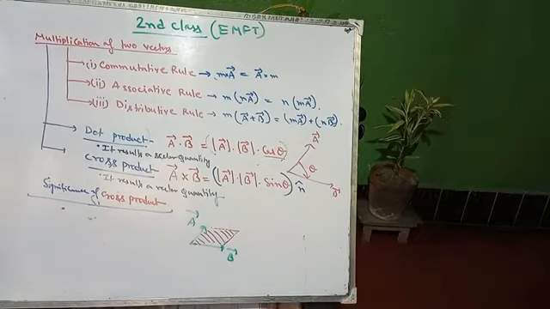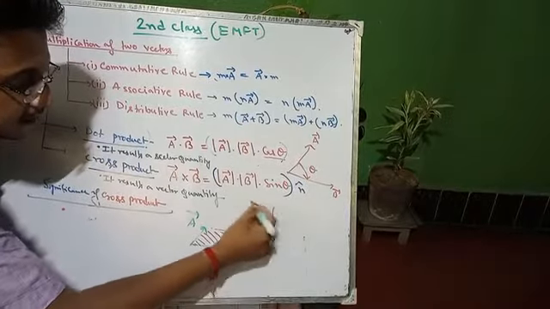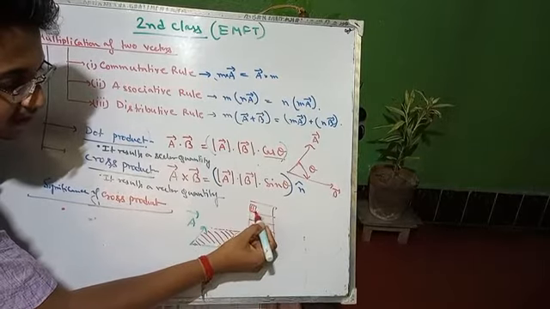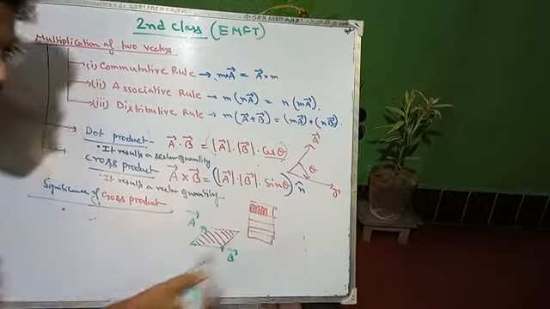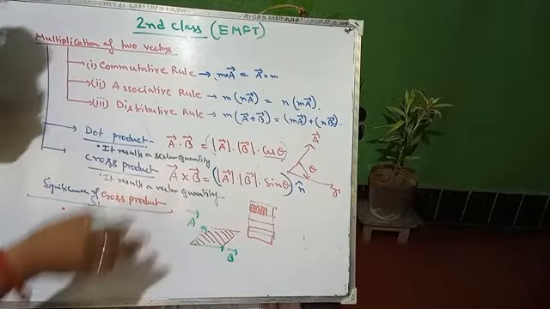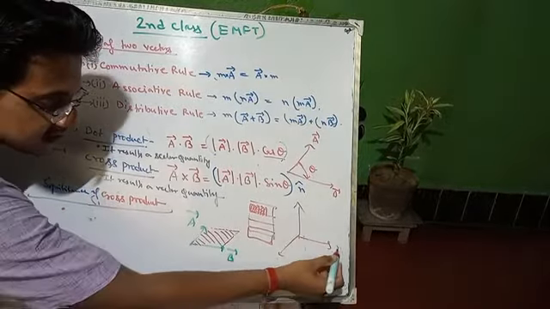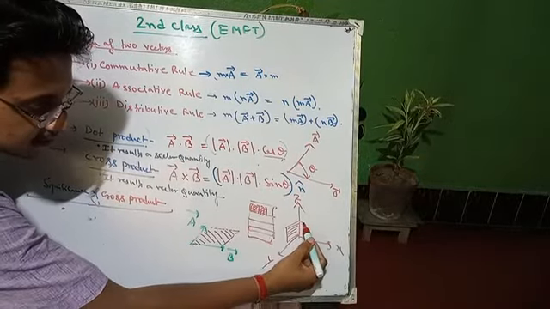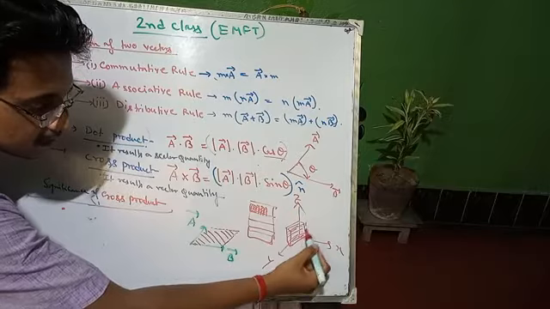Consider a bookshelf. This is a rack of the bookshelf. I am placing a first book over here, then a second book, third, fourth, fifth, sixth book. Suppose these are the x axis, y axis and z axis. The books are present on this surface. Suppose it is a book, and the next book.